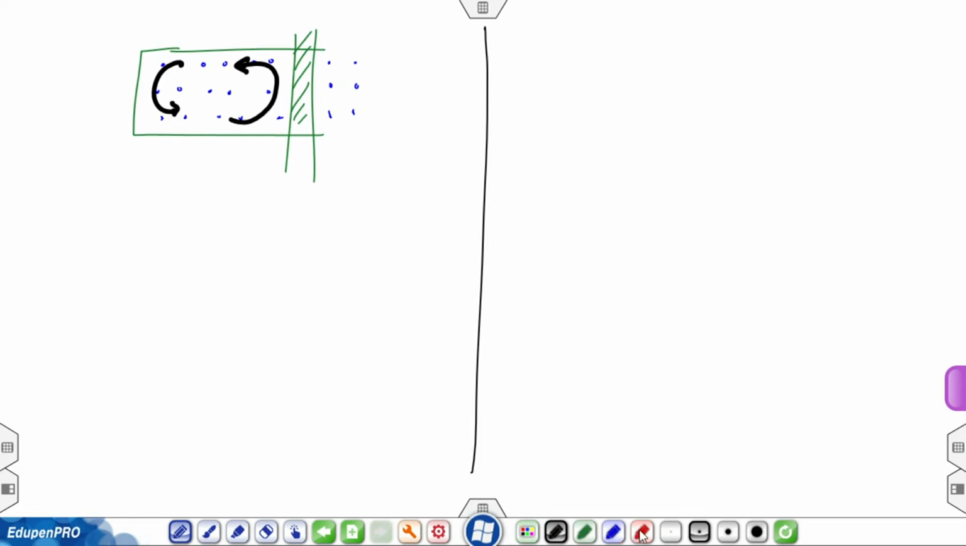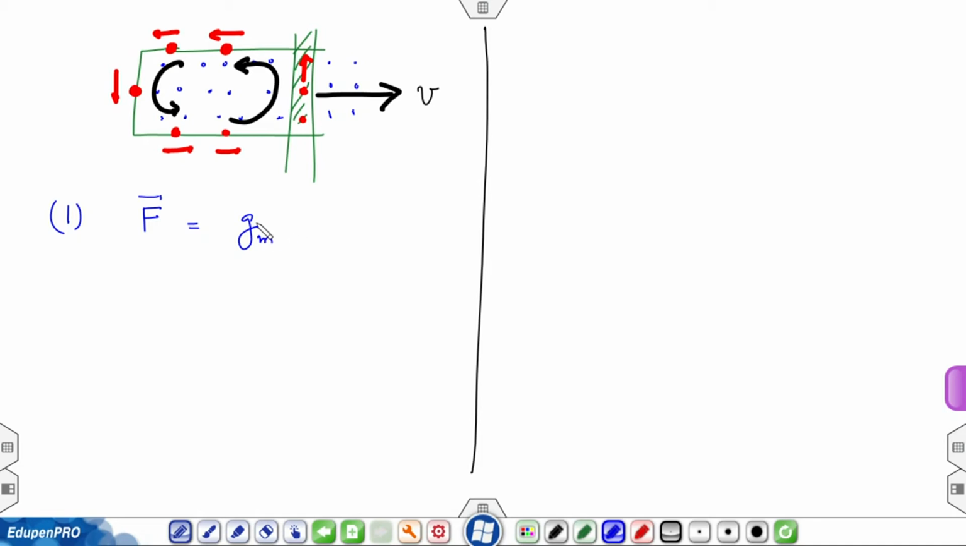So, the magnetic charges are moving like this, and the rod is being pulled like this. So, first answer is that, remember, the force on magnetic charge E m is the minus sign v cross E over c square, and therefore, the force